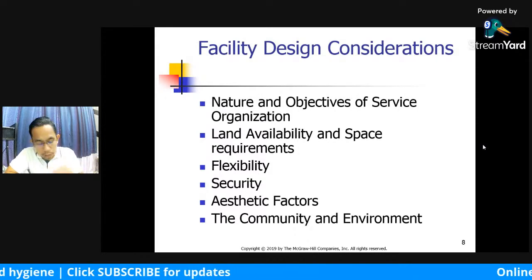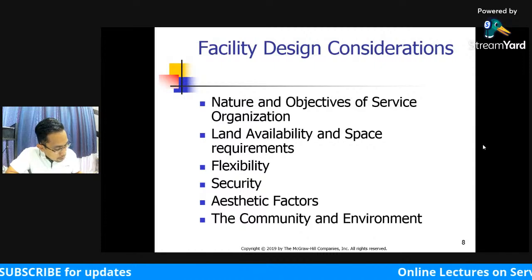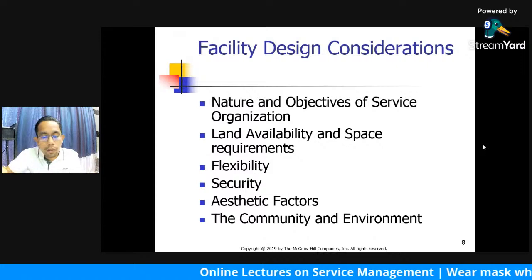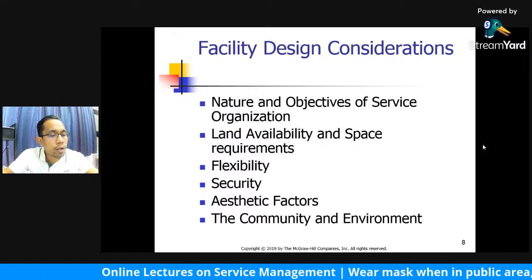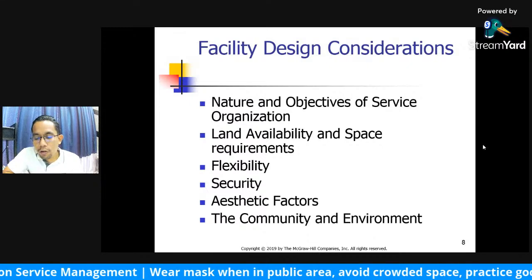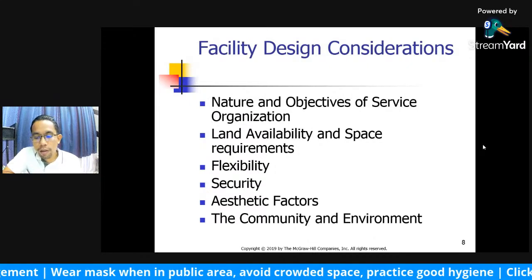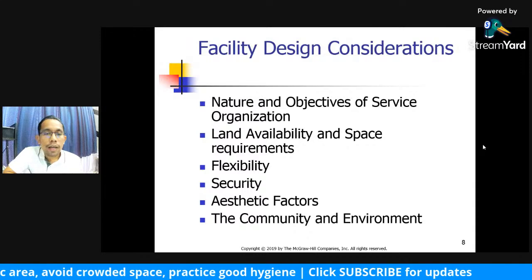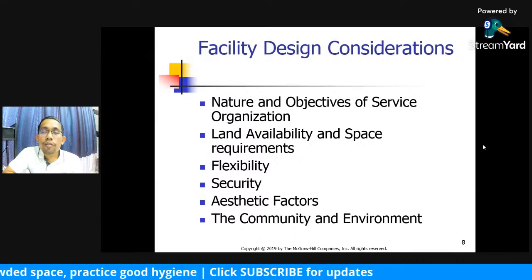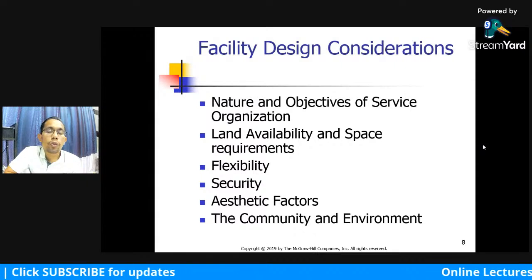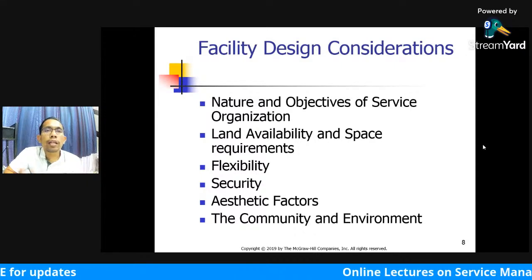Okay, first that one. Another one we call land availability and space requirement. The land that is available for a facility often comes with many constraints, for example the cost, the zoning requirement, and actual area. For example, right now, what McDonald's has already shown us, many of their outlet designs put